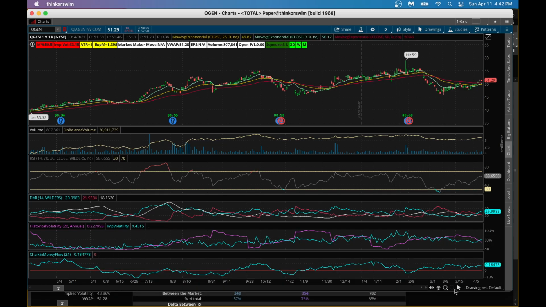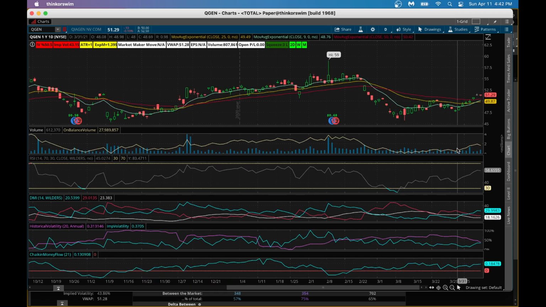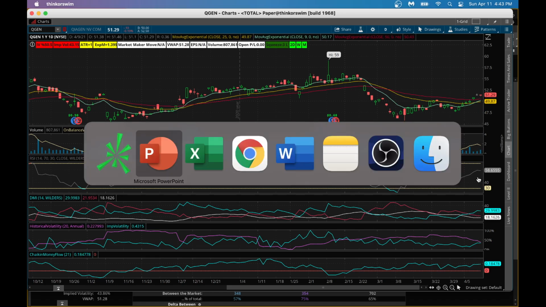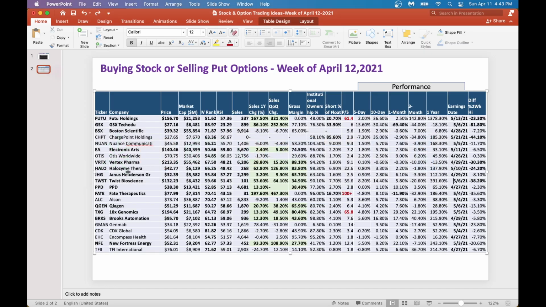From a chart perspective, same story. I like to see the stock going up. It kind of crossed over the 9-day, 25-day, 50-day moving average. On balance volume is higher, trying to get to flat to lower at this point. RSI is picking up, so I'm not too comfortable with this. RSI is already a little bit higher. I would rather like to see RSI lower. With that, let's go back here and see if we can get one more.